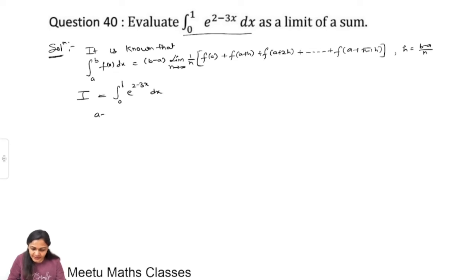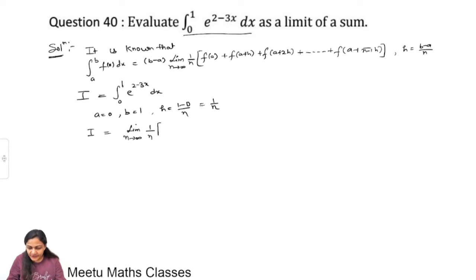So here a is 0, b is 1, and h is (b minus a) upon n, so h is 1 by n. So we can write our I as, b minus a is 1, limit n tends to infinity 1 by